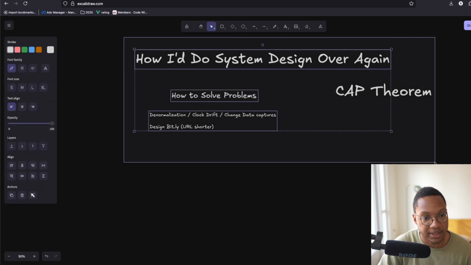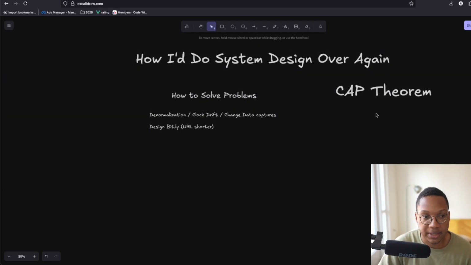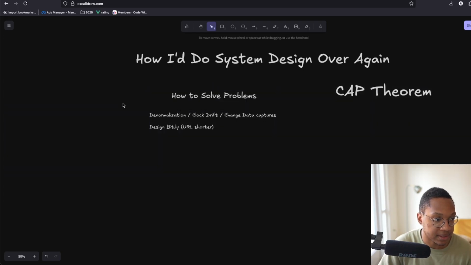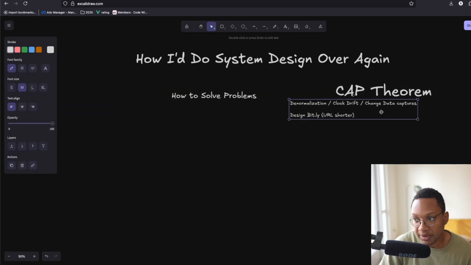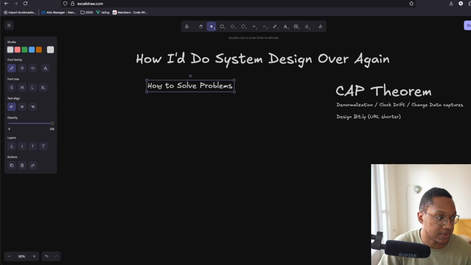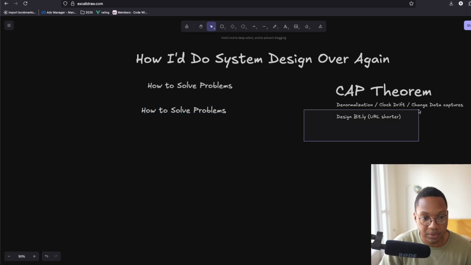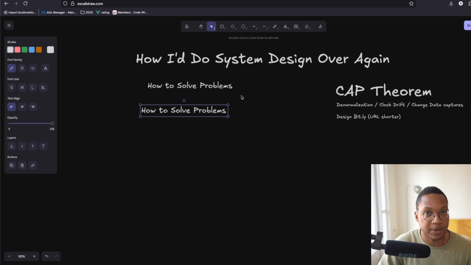When it comes to designing a system, and essentially how I try to approach these, I have these concepts in my brain, but I just store them away and keep them in my pocket, in case I get asked about them. But the big thing I'm thinking about is, if someone tells me, let's say it is design Bitly, a URL shortener, or design Facebook or design YouTube, what I'm thinking is,